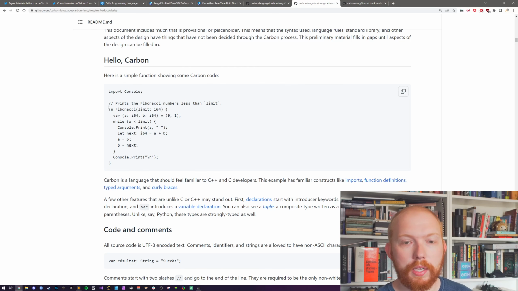The first of which is there's a hello world here. And interestingly, they already have to do console.print in this case. They are allowing for tuples with very basic pattern matching by the looks of it as well. But this is declaring a tuple with those names. So that's how you're doing it.